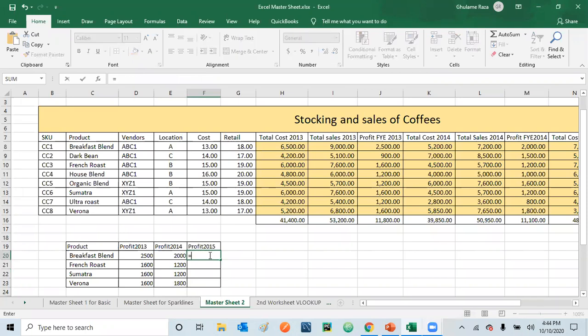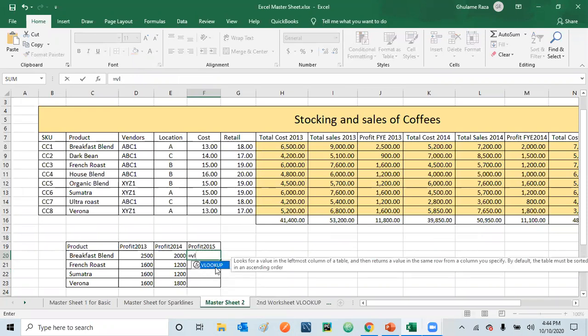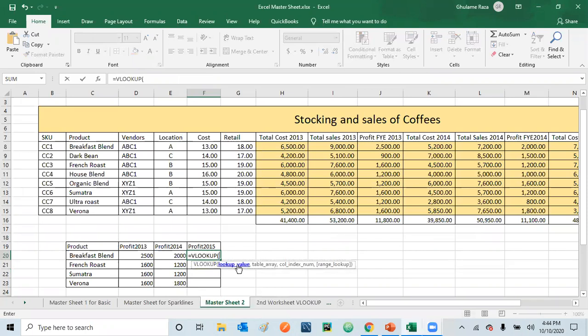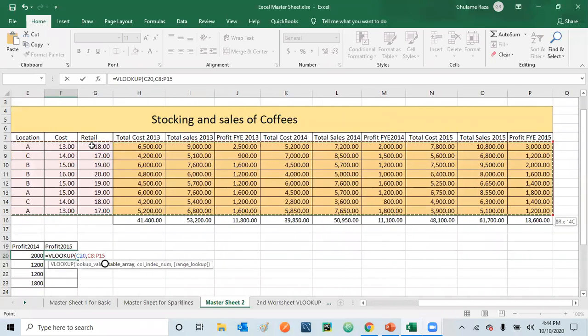The same way, equal product, and then the same formula, sorry, we are looking for the VLOOKUP. So VLOOKUP, and then it says lookup value. Lookup value is on our left side. We are looking for this value, comma, table array, the same thing. Select the table entirely, and then go towards right. So you have selected the entire table. Once you have selected the table, press F4, which is function F4 on your keyboard.